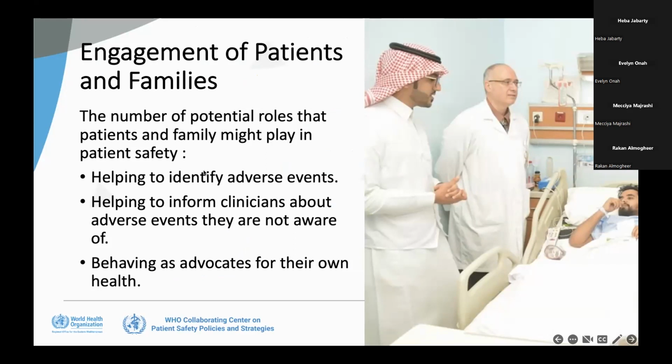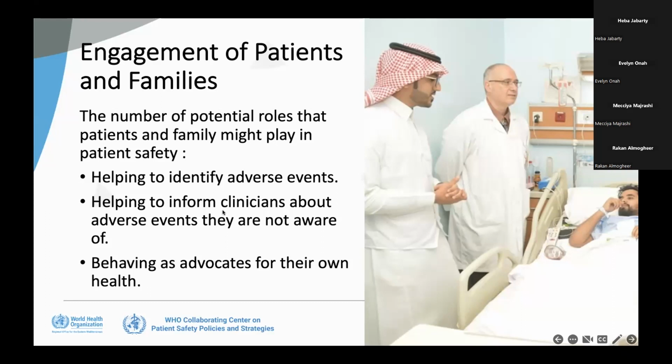Yes. Patients can identify adverse events, and they can help us, as a system and healthcare providers, to inform about adverse events, and they can behave as advocates in their own care. By the way, these are real pictures from our patient safety caravan, an initiative of patient empowerment where we engage and encourage patients to speak up, and to ask the correct questions during